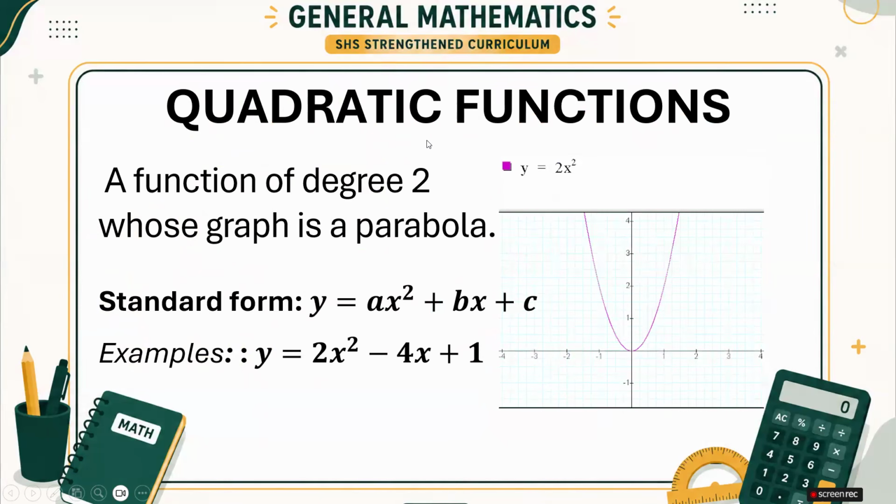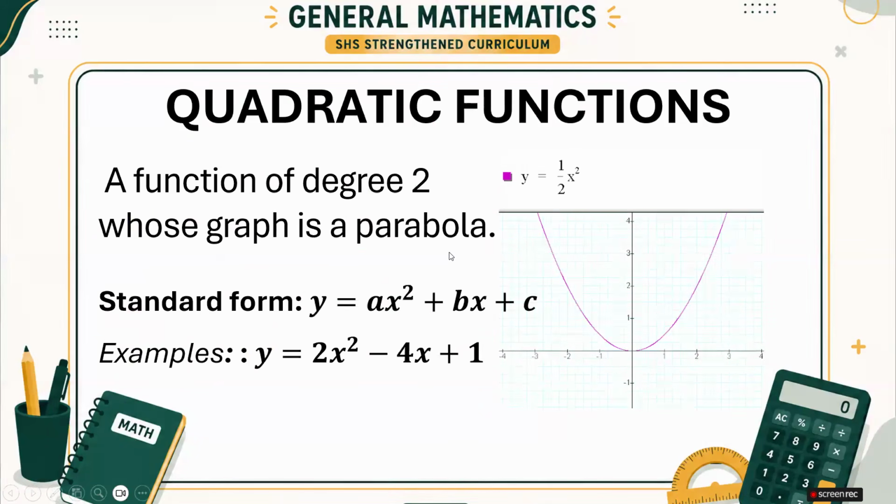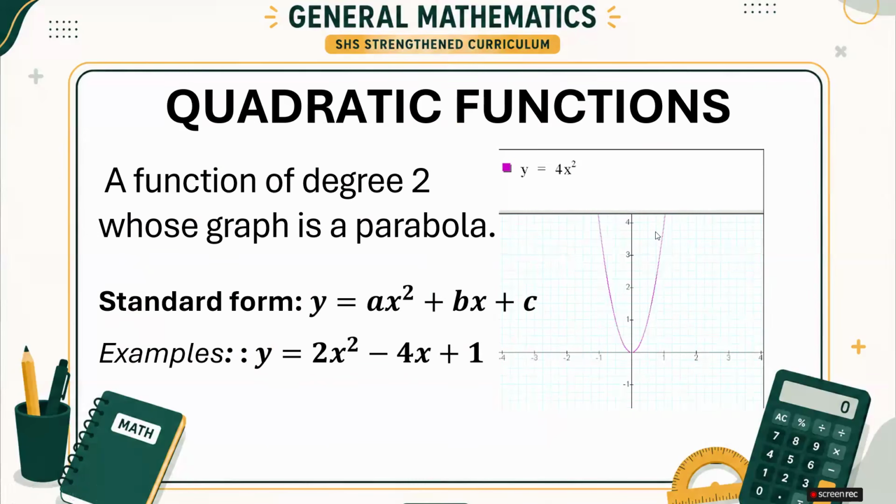So a quadratic function has the exponent of 2, and its standard form is y is equal to ax squared plus bx plus c. So its graph is called a parabola. So this is what a parabola looks like. It usually looks like letter U, but you could also have an upside down U. So our easy clue, quadratic means x squared, and the result of the graph is a parabola. So focus on that.